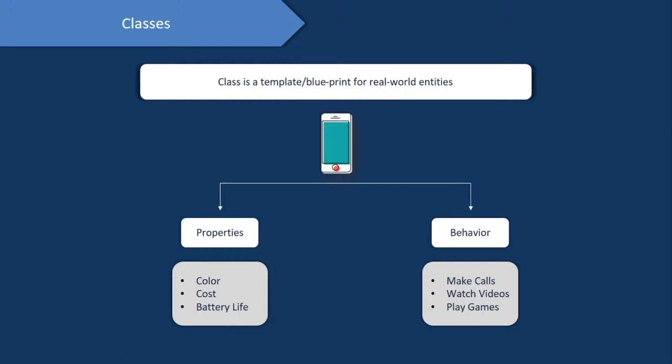The two main components of object-oriented programming are a class, and then we obviously have an object. So what exactly is a class? You can consider a class to be a template or a blueprint for real world entities. Now, if we talk about a phone or a mobile,